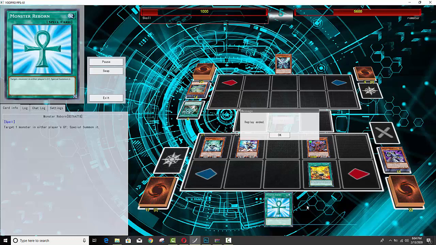I still don't like some of the cards from Dark Neostorm when it comes to assault mode. I think some of them were good, but some of the other ones where you're giving up one of your assault mode monsters to summon another one, probably not the greatest thing, but hey, it worked out